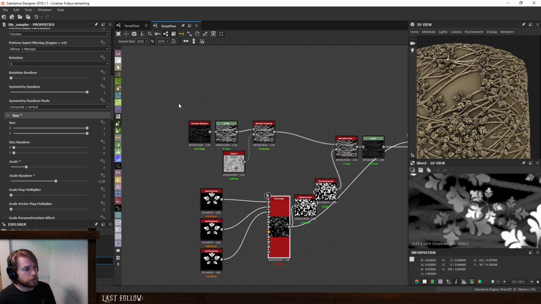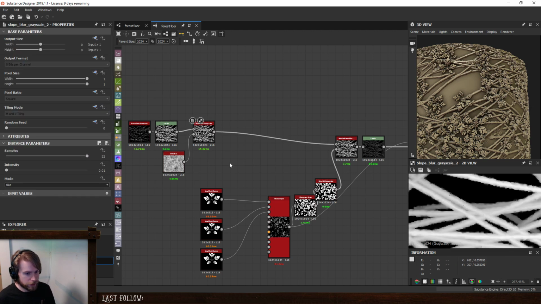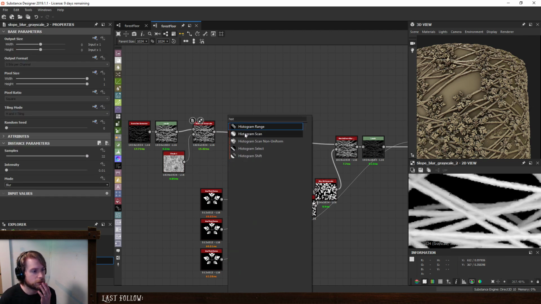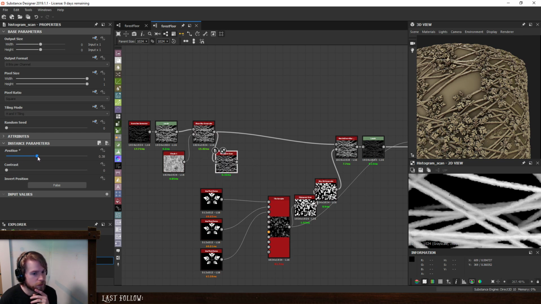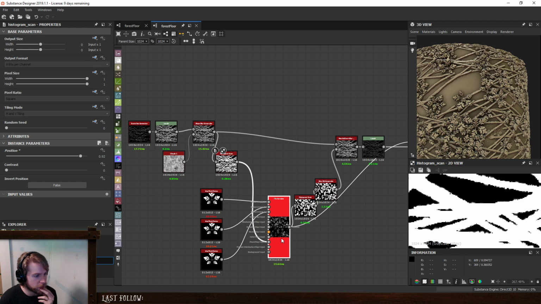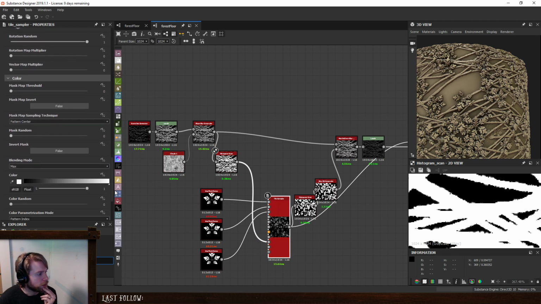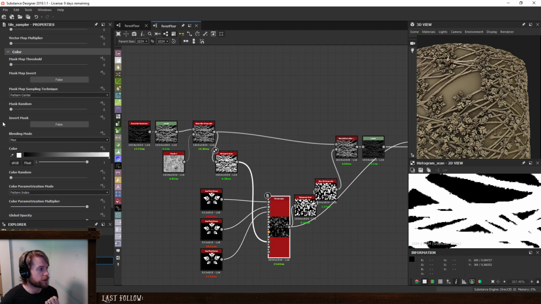So then the other thing that we want to do is make sure that the center of the plant is not growing through the branch. Right? So then we're going to use the mask on this, and we're just passing the branches in, but we want them to not be growing on the branch. So then we have to invert our mask,